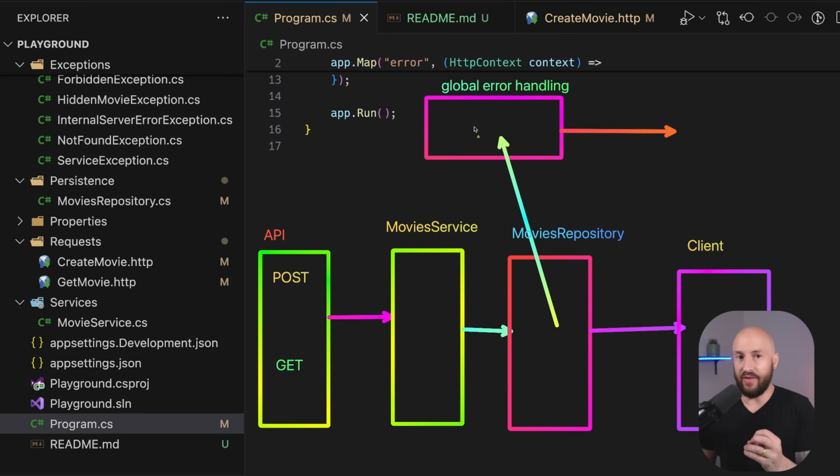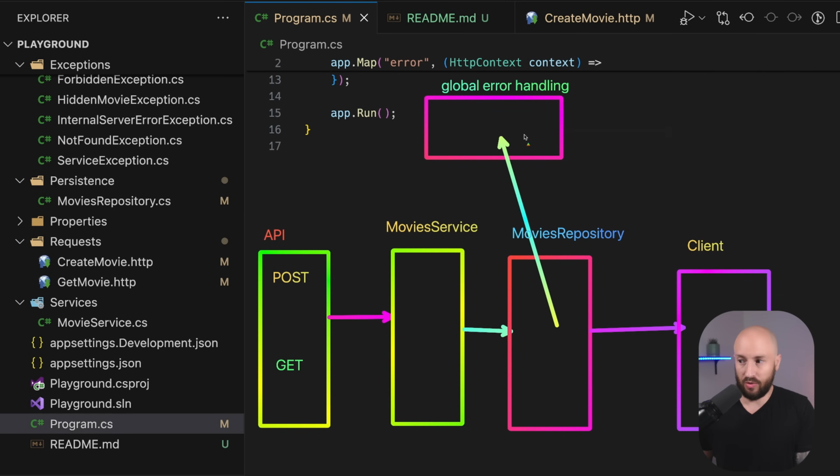Now that seems like a very good argument, right? Every time you throw an exception, all you need to do is take a look at the global error handling, see what's happening over there, understand the logic in the global error handling, and you know what the response to the client will be. Unfortunately, that naive thought is incorrect, and we'll see now why it doesn't reduce complexity and actually makes the complexity much higher.